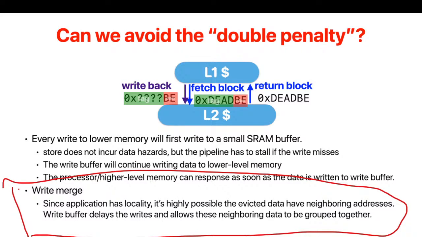You are going to update the data within a block frequently. And if you write back every time, and every time you only update partial parts of the data, it's really inefficient. So the idea of the write buffer can also combine with the idea of write merge: when I'm doing a write back, sometimes we don't write back the block immediately. Instead, if we find that the block is still in the cache,